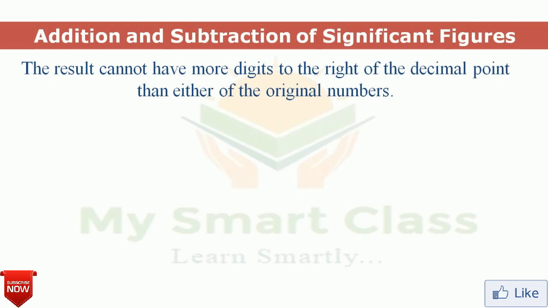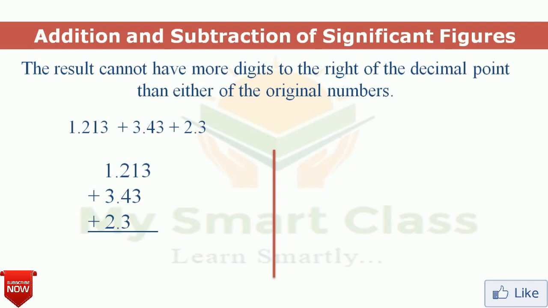Now we are going to the addition and subtraction of significant figures. There is a most confusing thing in addition, subtraction and multiplication, division. The rule for addition and subtraction is the same. Let's understand by example. I have 3 numbers and I am going to sum these 3 and we got the answer 6.943. As per the maths it is correct, but as per the rule of significant figures it is not correct. Why? Because see here, after 3.43 the third digit after the decimal point, we don't know.